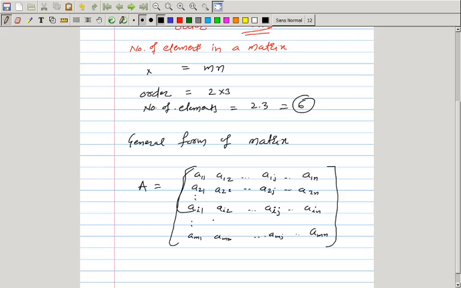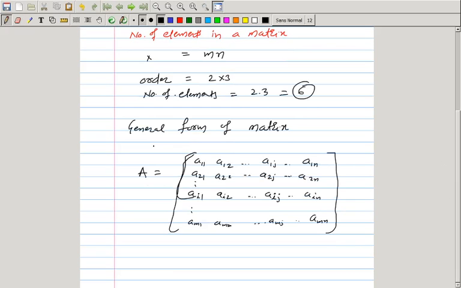Right. So this is what we have seen in our last video. So this is a general form of a matrix, wherein I can represent the matrix A. So every element is just aij for a matrix of order m cross n, where i is less than or equal to m and greater than or equal to 1, and j is less than or equal to n and greater than or equal to 1, and i and j both are positive integers, right? So this is what we saw.